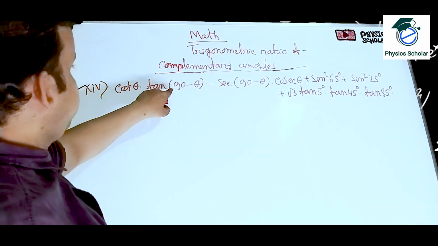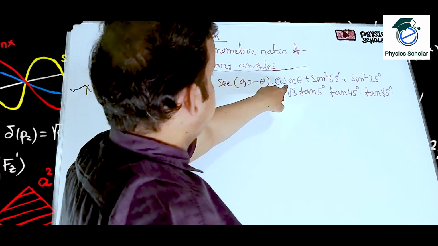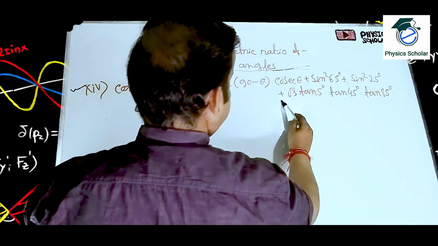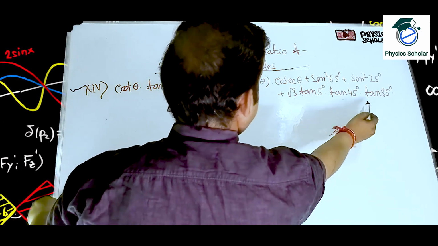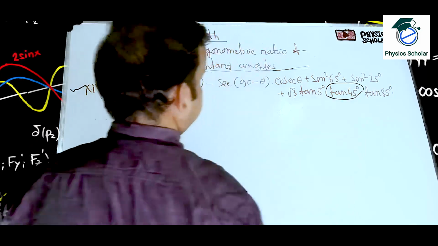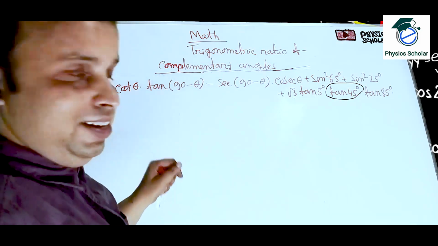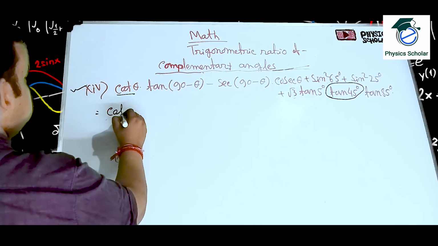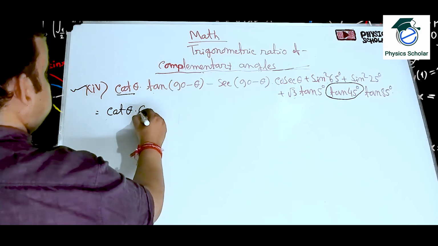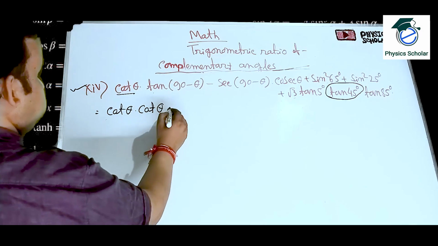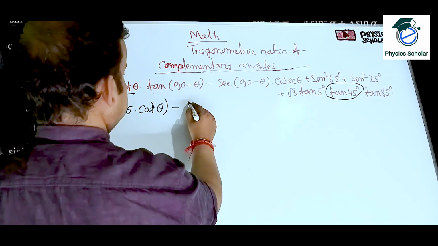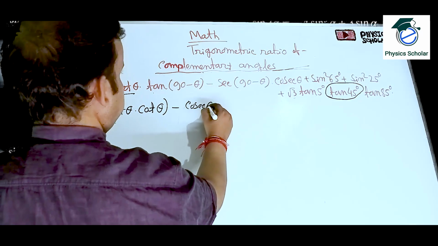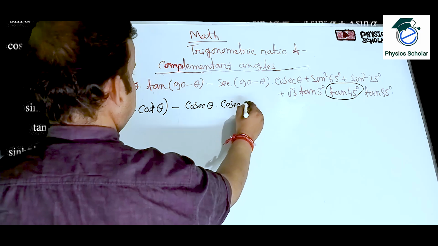So cot theta into tan 90 minus theta minus sec 90 minus theta into cosec theta, clear. And now into sin square 65 plus sin square 25 into root 3 tan 5 tan 45 tan 85. So tan 45 value we know, clear. This is the known angle and rest we don't know. So very easy. Now cot theta into tan 90 minus theta means cot theta only, clear, minus sec 90 minus theta, the value of sec 90 minus theta means cosec theta into cosec theta,